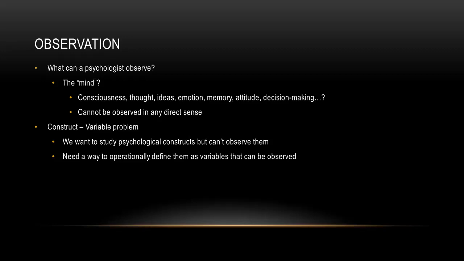So we try to eliminate talking about these more abstract ideas of consciousness, but we still assume and we still think that there's something actually happening inside the minds of other people. And if we can't observe them in any direct sense, there might in fact still be a way that we can get at them, right? There might be still some way that we can get at them empirically, right? So how do we do that? And this is where we need to talk about what's called the construct variable problem in psychology.